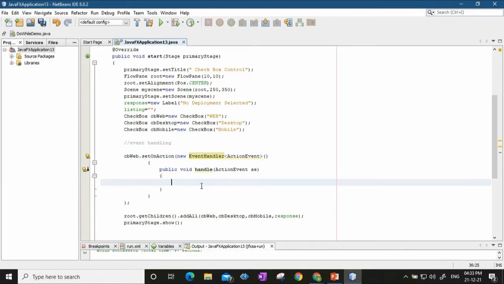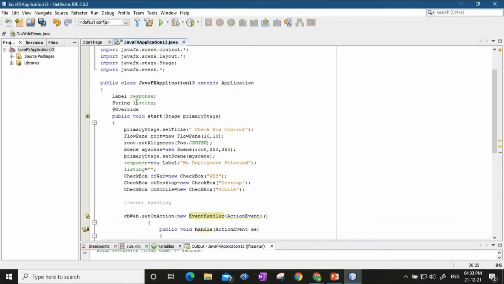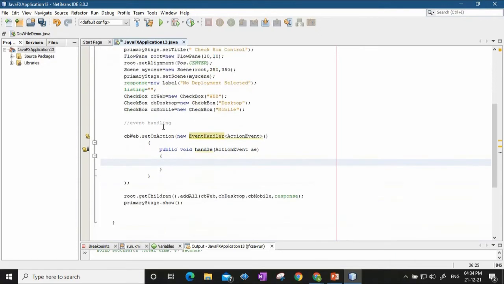Now what I will say is, if CB web is selected, then to this listing I will be simply adding that thing.